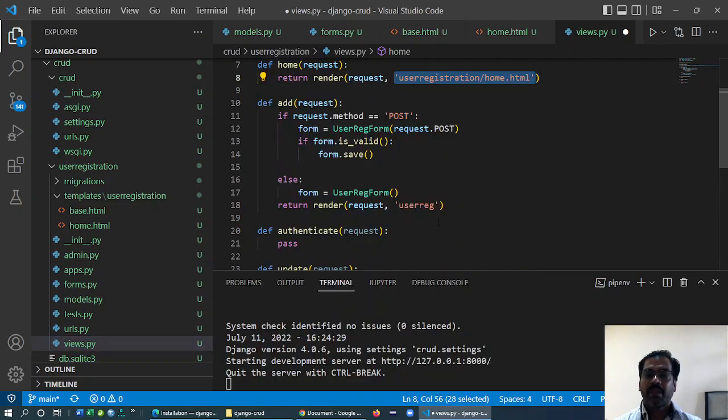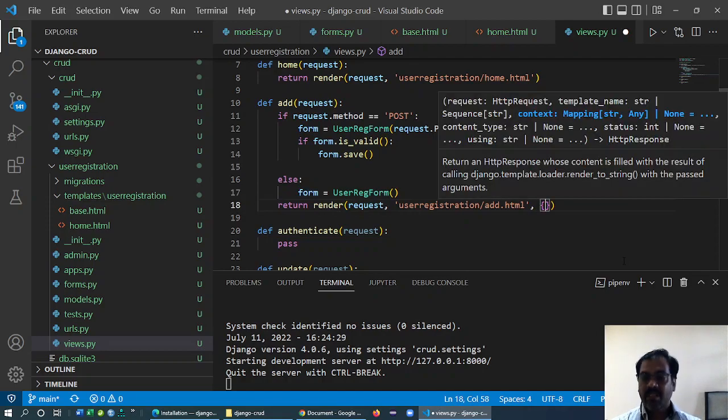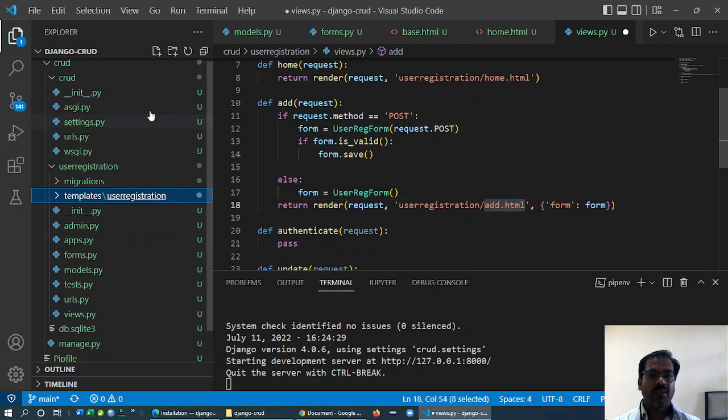I don't know, copy, and here this is going to be show add form. Since we have an object form, we need to pass that form to the template. There are different ways to do this, but I am just going to do it in a CRUD fashion. So I'm going to pass that form to this template. Now where is the template? I have to create the template,